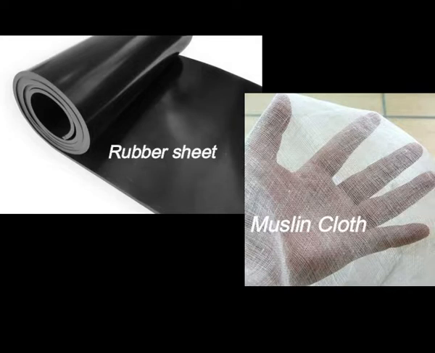See, obviously there will be no change in the level of sugar solution. In the first case, the rubber sheet is impermeable, whereas cellophane paper was permeable. See the difference. Rubber sheet is impermeable and would not allow the water molecules from the beaker to cross over to the other side. So no osmosis. The same thing in the second case: if you take a muslin cloth, it has very large holes or large pores. So what will happen?